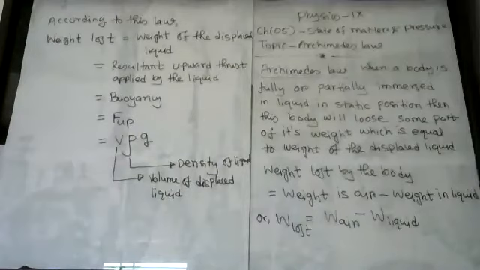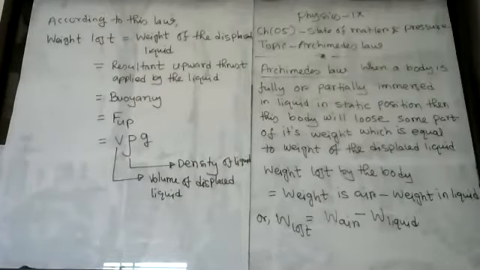According to the statement of Archimedes' law, we can say that weight lost by the body will equal weight in air minus weight in water. Mathematically, this weight loss will also equal V rho G. So these two parts are equal. So what is the mathematical equation for Archimedes' law?